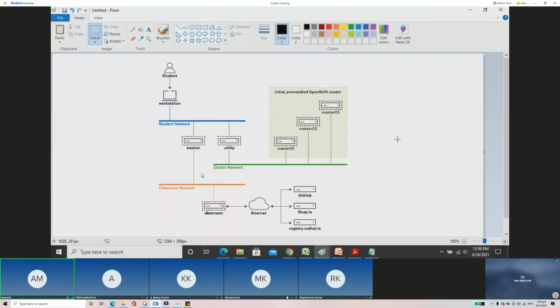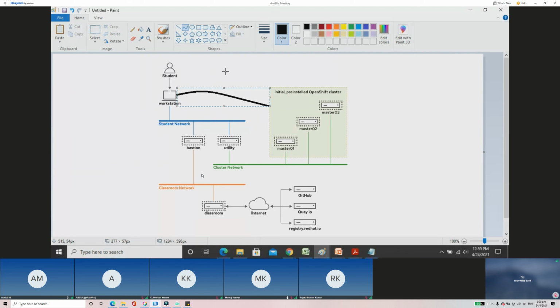Okay. So this is our lab environment. I have logged in as student user into the workstation. Then what I have to do, through this network, which is already connected, is log in into the cluster. So how am I going to log in to the cluster? So, cluster login